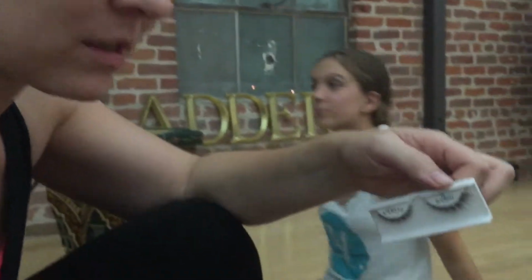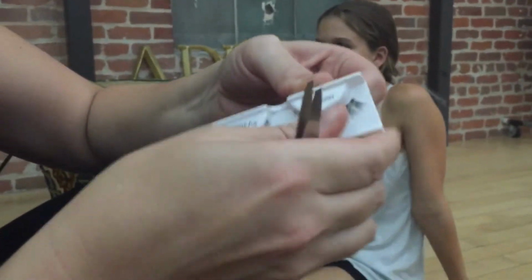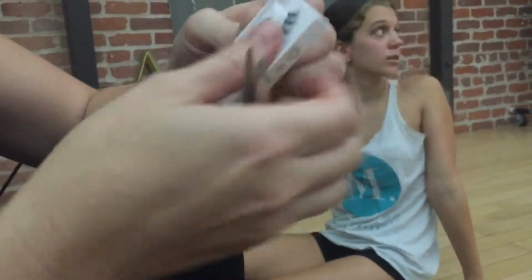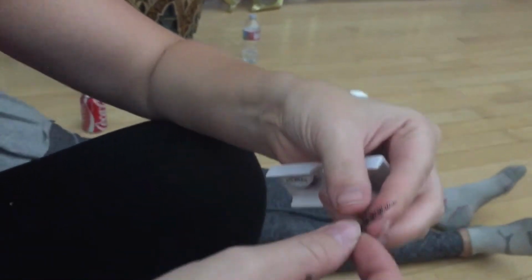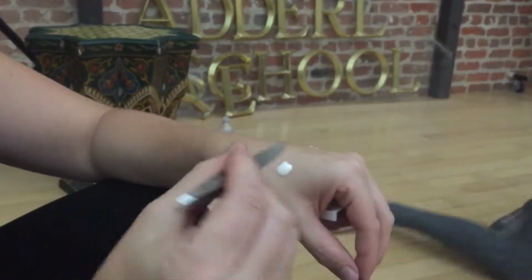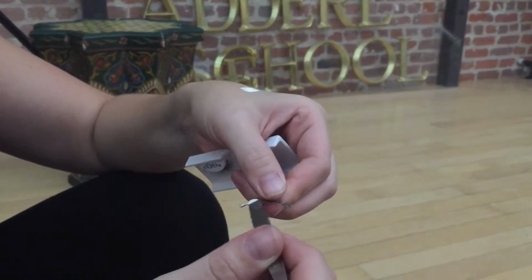I always use a pair of tweezers to help and assist. Thank you, Amara. When you peel it off, you're gonna peel away from it and then take it so that you don't rip off one of the lashes. Good job, Betsy. That works beautifully. So peel away. You're gonna take the back of the tweezers. You're gonna follow the line